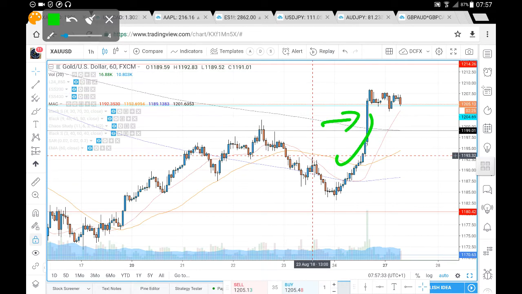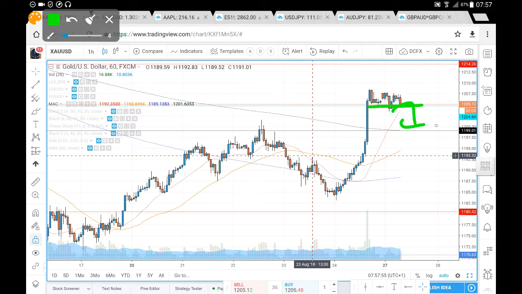But we did see this pretty sharp acceleration momentum taking us through that 1199 and that 400 period moving average, taking us above the 1204.69. We've had a pullback down to that 1204.69, held the support. So we've had another couple of tests at that 1204.69. It does appear to be holding as support at present, but we're not seeing that breakaway from that